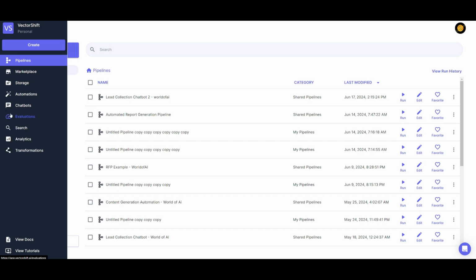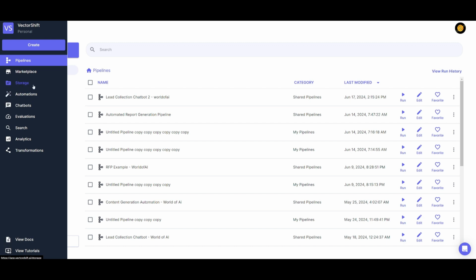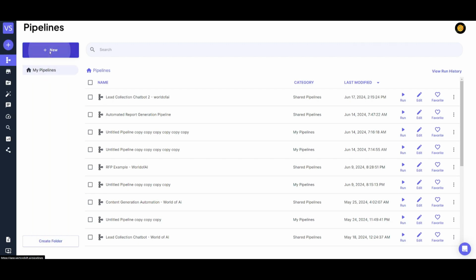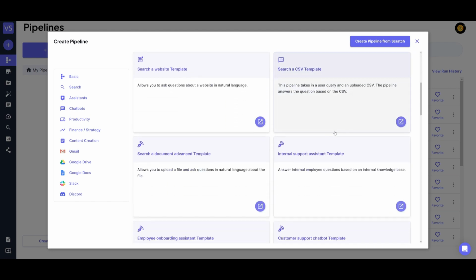You have evaluation metrics in which you can track your chatbots as well as your AI agents, as well as analytics on spending and expenses. You have the ability to upload your own storage, your own knowledge base, and so many other things such as transformations. But now what we're going to be doing is showcasing how we can get started with this setup from scratch. You can simply just click on this, but you can also utilize all these other templates